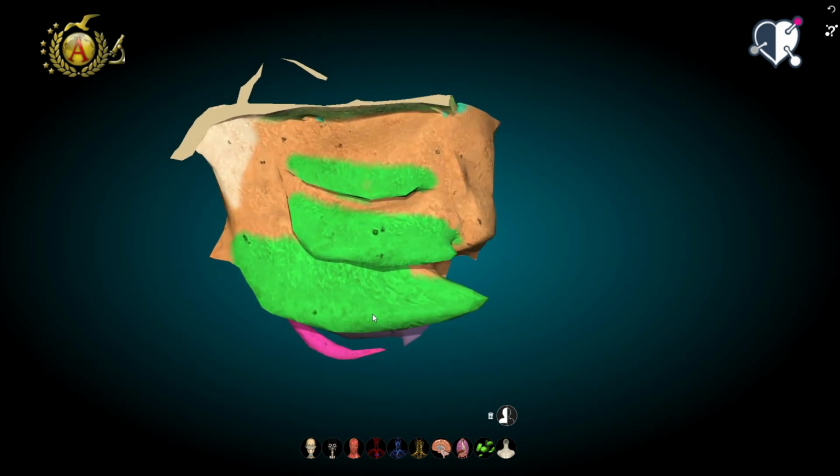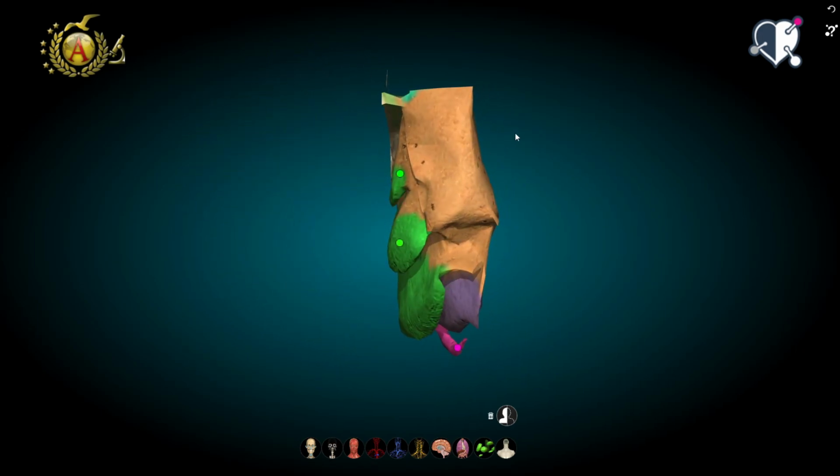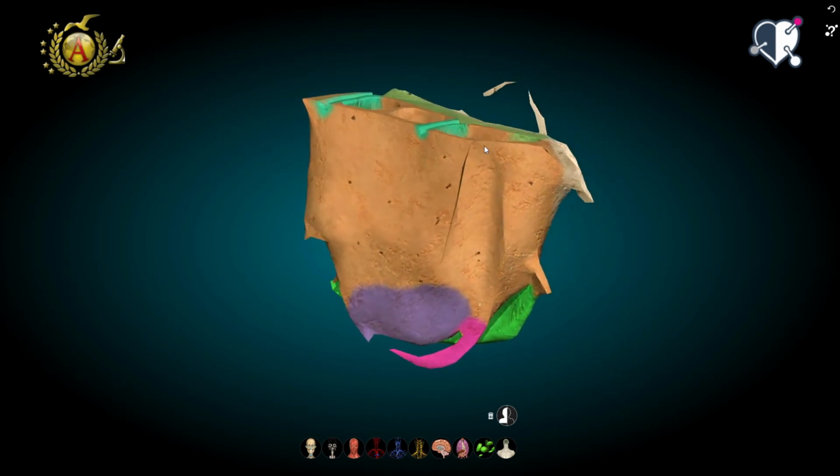The ethmoid bone is therefore a very small bone, but at the same time very complex and important from a